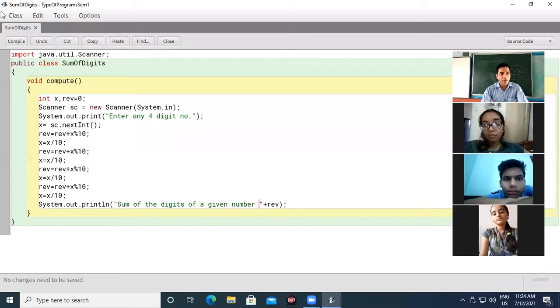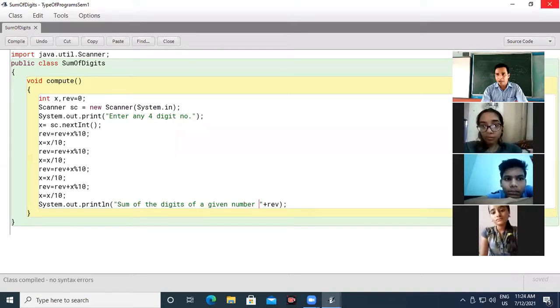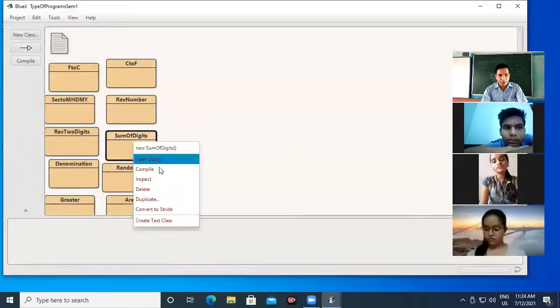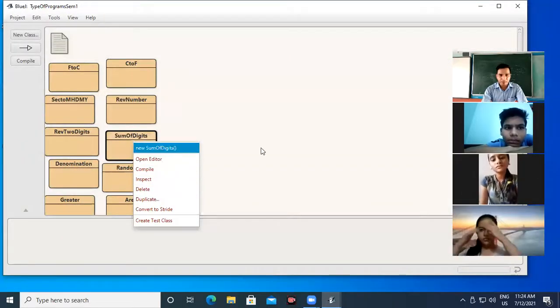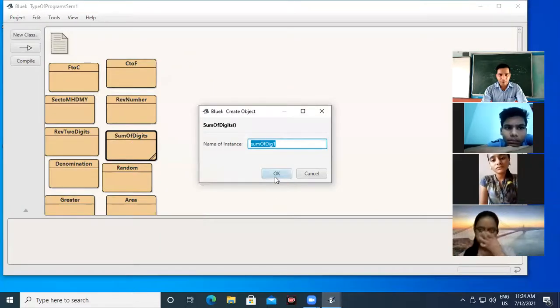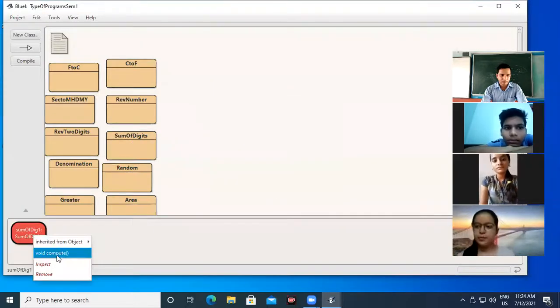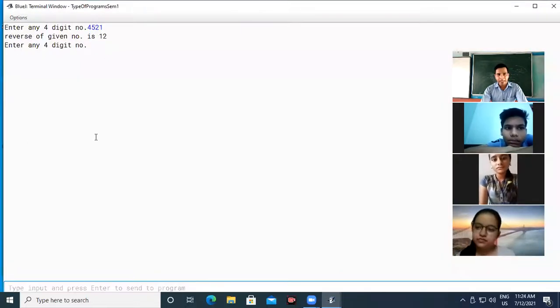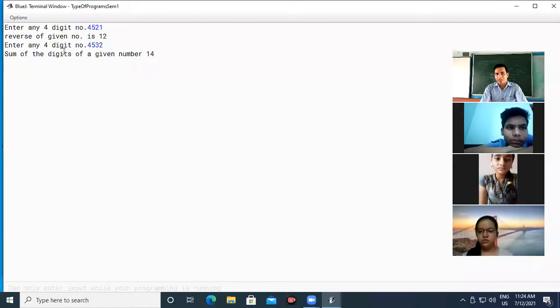Okay, again compilation, and after that execution. Enter any 4-digit number. Answer is 14. 4 plus 5, 9, 10, 11, 12, 13, 14. Is it okay?